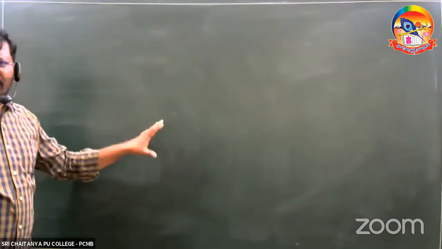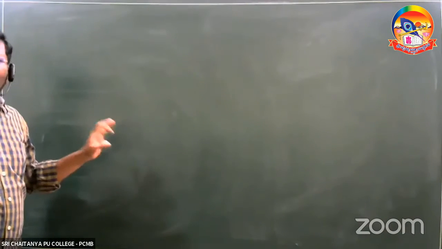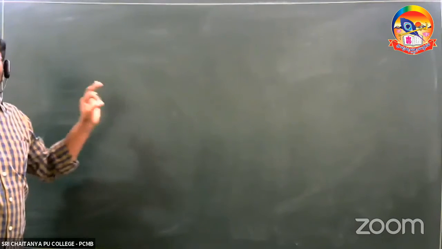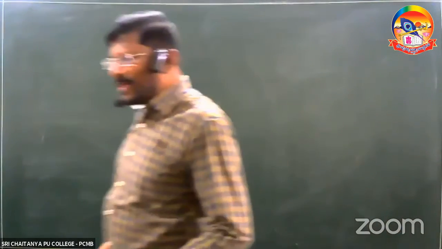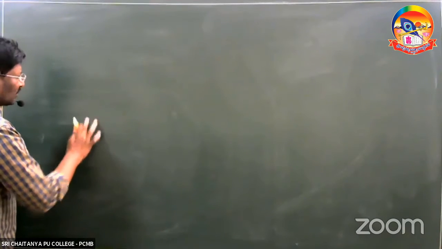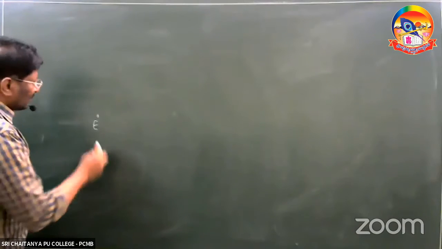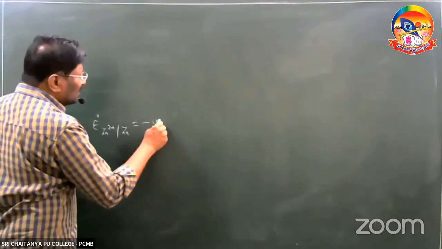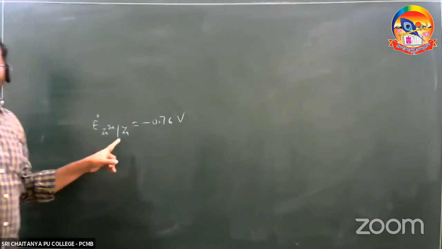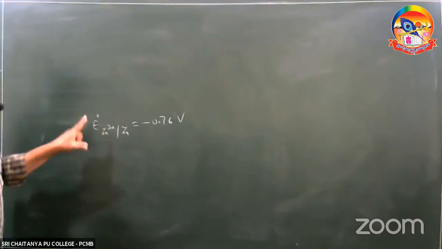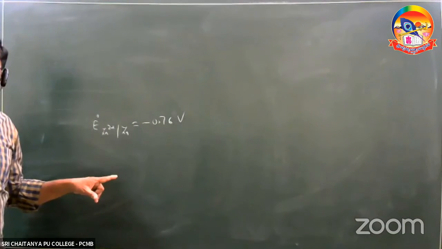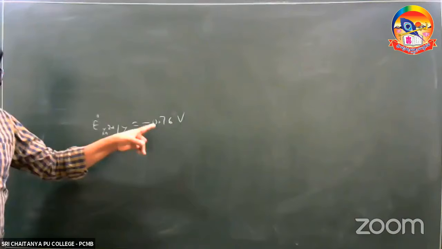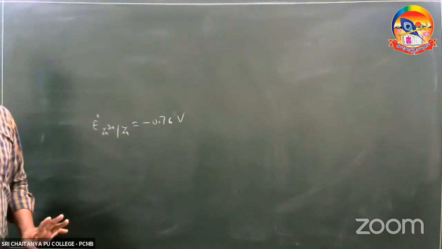Now, Nernst equation and cells we are observing. Now, let me take the concentration cell. Concentration cell means, what is the meaning, do you know? For example, you observe this. E naught of Zn2+/Zn, what is the value right now? Minus 0.76 volts. Is it not? This is a value you already have by heart. Now, if Zn2+ concentration is changed, definitely the E naught value will change or not? Definitely it will change.